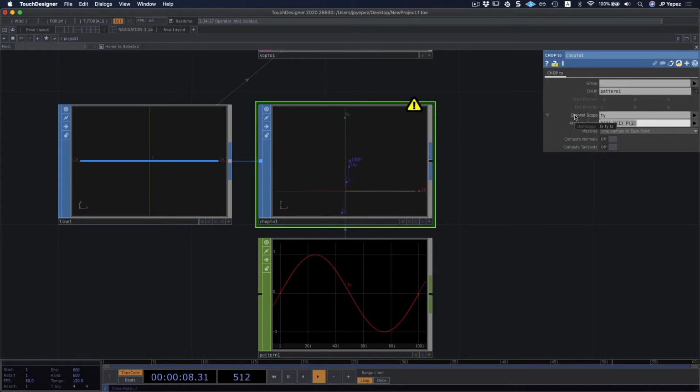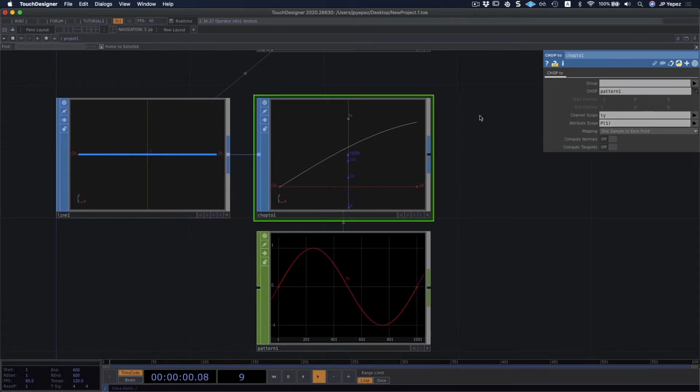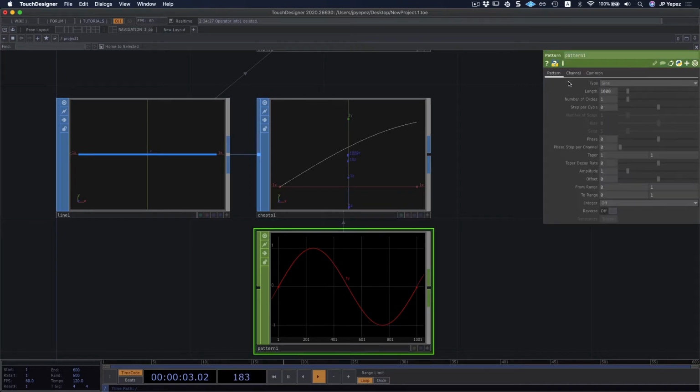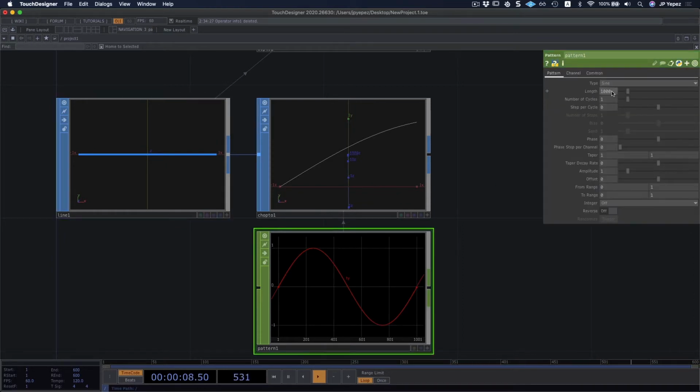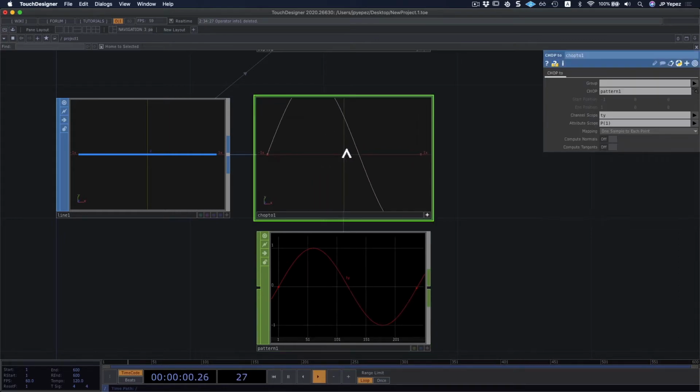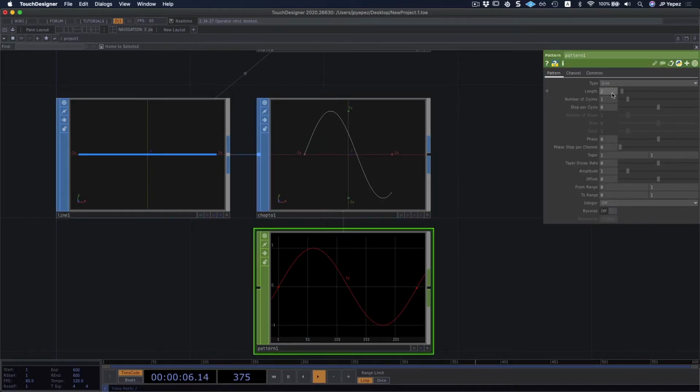We don't really need any of the other ones, so we're gonna get rid of our channel scope and attribute scope, since we're not gonna use anything but P1. And in this case, we're gonna set the pattern. Well, we know we have 200 points, so we're gonna set our pattern to be somewhat shorter. And you see that as I approach 200, I start to see the whole sine. I can always zoom out to see it. Let's actually set the pattern to 200, and we can have a whole cycle.